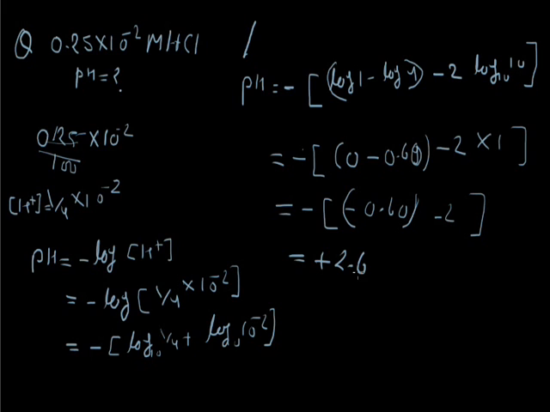So in a question, first you change the complex figure into the simplest figure, then put it in the formula as minus log concentration of H plus ion or hydronium ion, then use the formulas of logarithm: m into n, m upon n. ठीक है, तो m upon n is equal to log m minus log n, m raised to power n is n log m, and m into n is log m plus log n, and then put the values of logarithm, and now we can solve the numericals. Then next question,